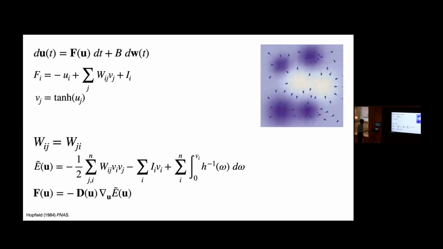Okay, so yeah, this is what Hopfield did. He took this very simple model. This is the continuous version of the model from 84. Then you have the discrete one from 82, which is probably more well known. And he basically showed that if it's symmetric, you have an energy function, and you're just going to go to the minimum points of the energy function. There's nothing else you can do.